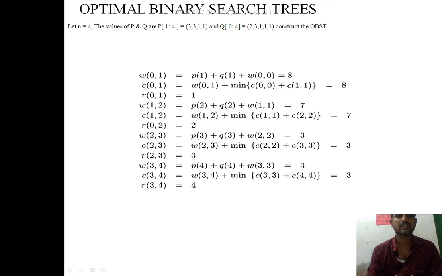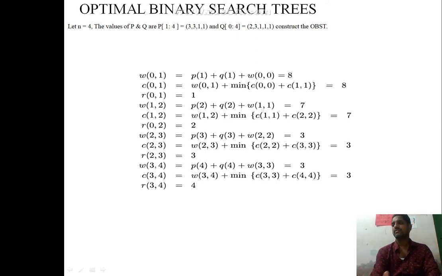We have to construct an OBST. The first tree is constructed using for, do, while, int. In the first tree, for is the root, the left child is do and the right is while, and int is on the left, and if is below it. Another one has for as the root node, the left node is do and the right node is int, and int's left is if and its right is while. In that way, the height of the first one is 4 and the second one is 3.